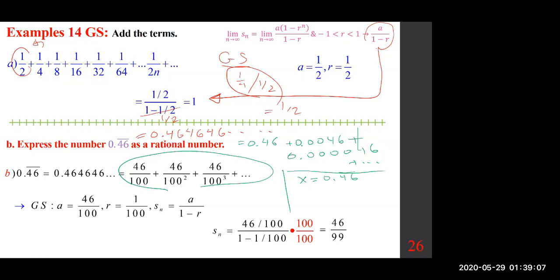The reason they would multiply it by 100 is because there are two digits under the bar. If the bar is over 1 digit, then you multiply by 10 or 100 or 1000 or whatever you need to. If you multiply by 100,